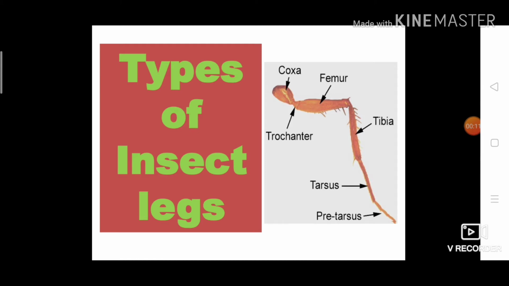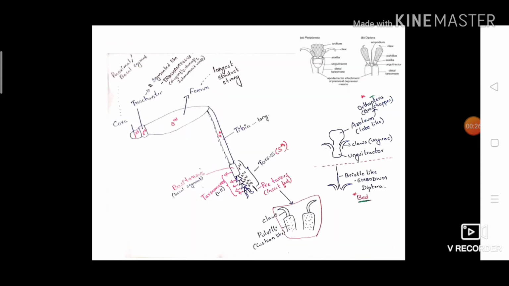Usually in the thorax, three segments are present: prothorax, mesothorax, and metathorax. Each thoracic segment bears a pair of legs. Each leg is five-segmented, consisting of coxa, trochanter, femur, tibia, and tarsus. The coxa is the first proximal and basal segment, which is attached to the thorax, and it is mobile.